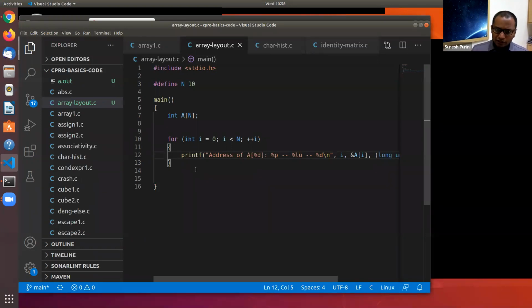Are they contiguous? Are they non-contiguous? What are they initialized to? These are the questions we would like to understand.